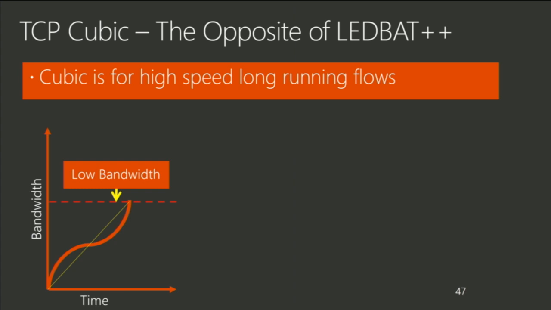TCP CUBIC is the opposite of LEDBAT. It's more like a prize fighter. It's going to go the distance with you, and in the last round, it's going to try to knock you out. This congestion control algorithm has a reputation for being the most aggressive congestion control algorithm in the wild. Now, personally, I think that's not necessarily true. I think it got that reputation because of the quiescence bug, which made it a lot more aggressive, and it's been fixed. So I don't think it's that aggressive, but it's definitely more aggressive than LEDBAT.